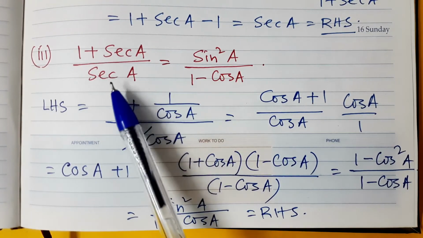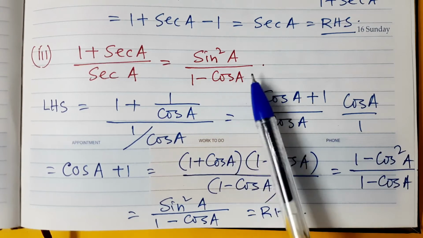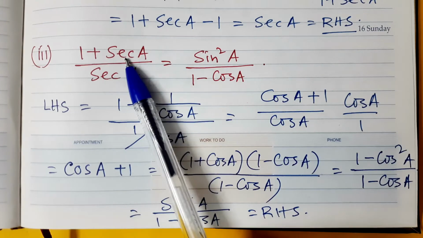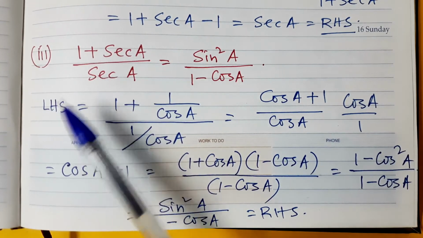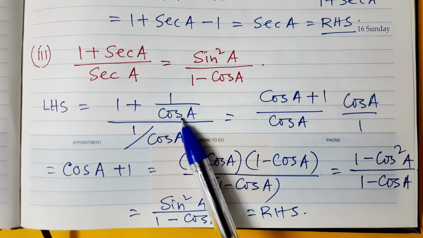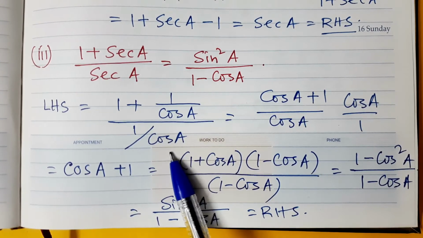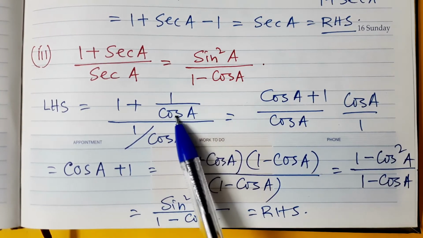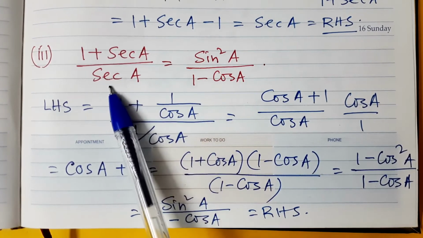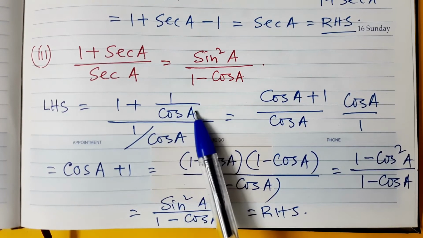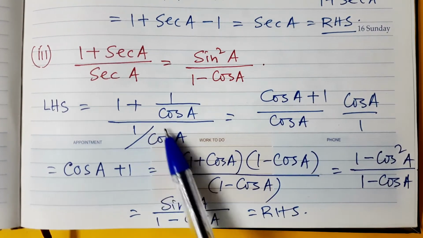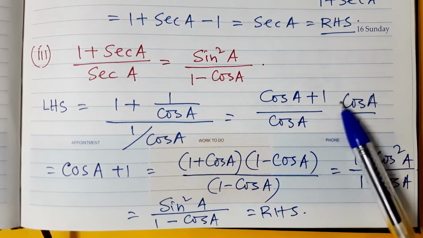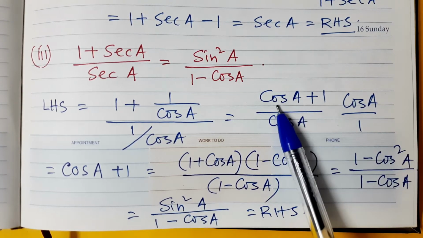Now this is part 3 of the problem number 10. So here you need to prove that this is equal to this. Now see here, in the right hand side no sec A is present. So we need to write sec in terms of sine or cos. So we can write sec as 1 by cos A, and this one also 1 by cos A. So in the numerator we will do the LCM. So LCM is cos A, and this cos will go up. So cos A plus 1 divided by cos A. That is this term, and this 1 by cos A will get flipped. So cos A by 1, isn't it? So cos A and cos A will get cancelled. So we only have cos A plus 1.